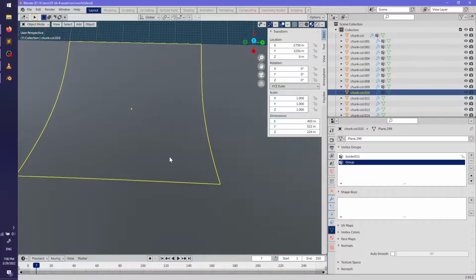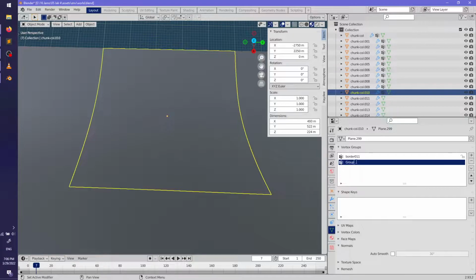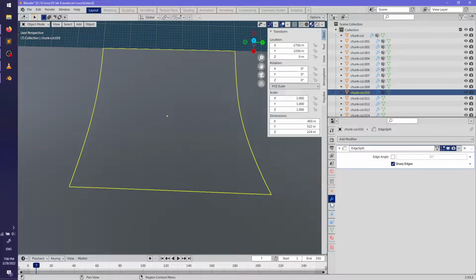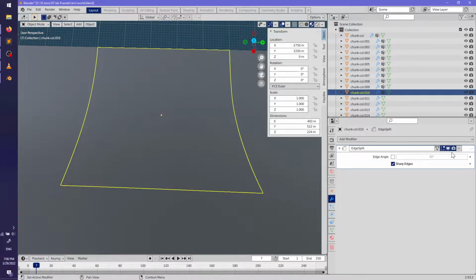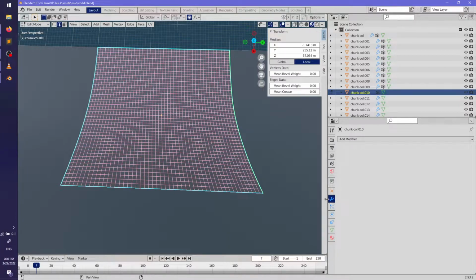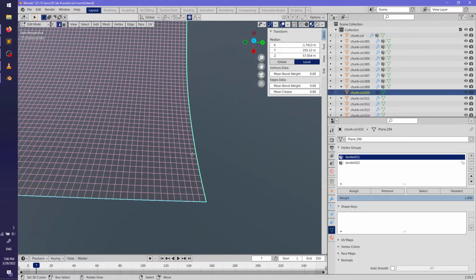How do you feel about it now, Blender? Brilliant. Wow, we have 11 and 22 in here. I forgot to assign them. That was going to be the very first thing I did.